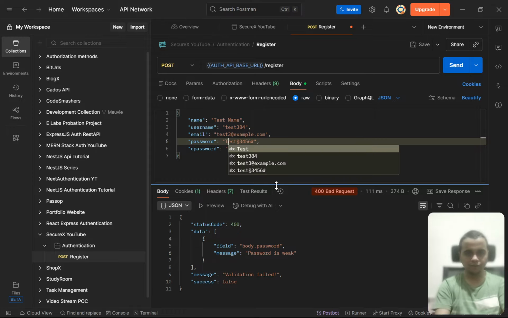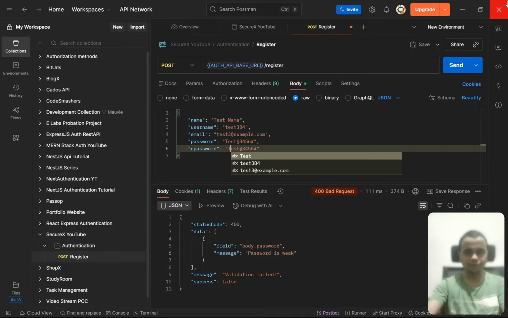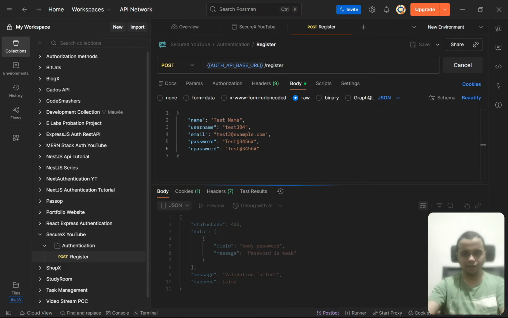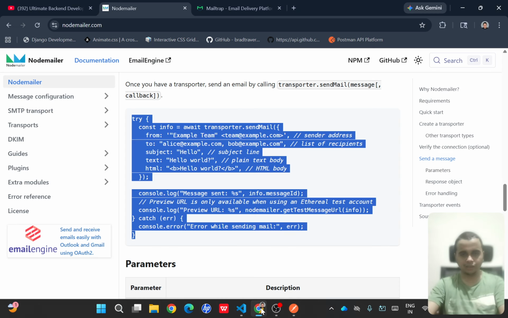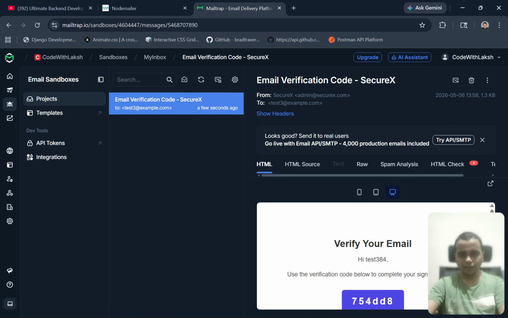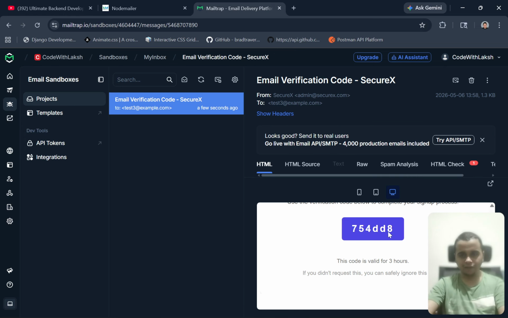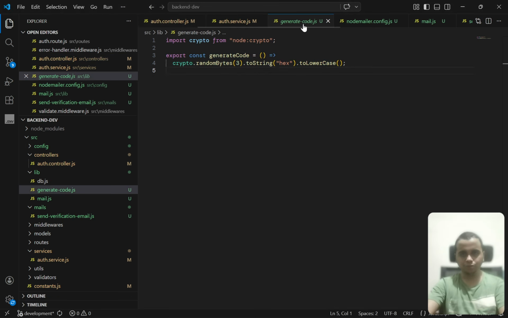Okay, password is weak. Fine. So send it again. So it should now send the email, verification code sent to email. Now here, if we see in our Mailtrap, you can see verification code, and here you can see I have got the code, but I think there's some issue because, oh, so it